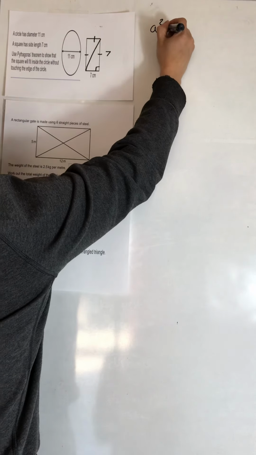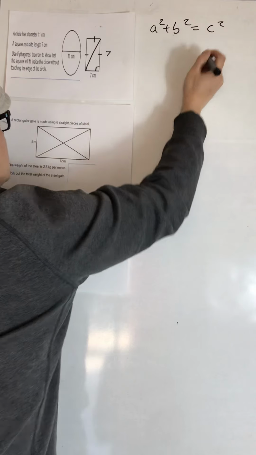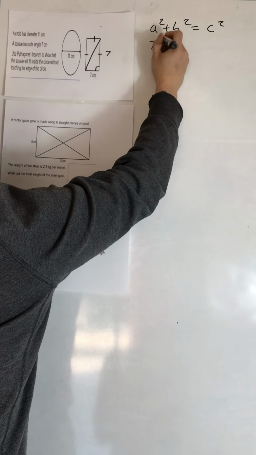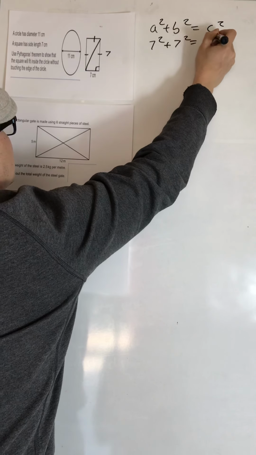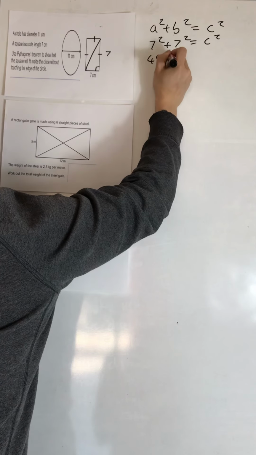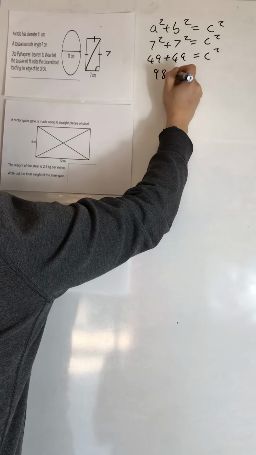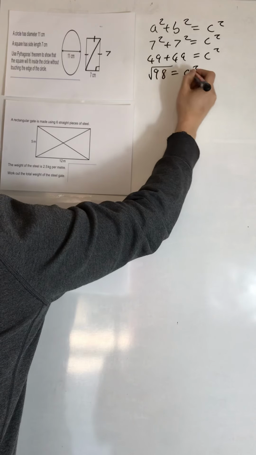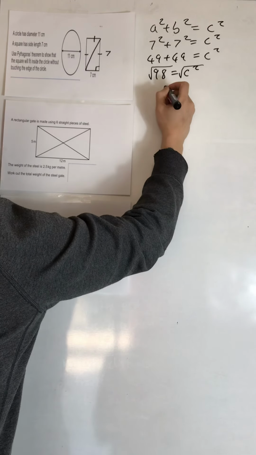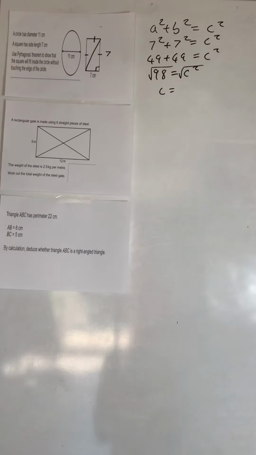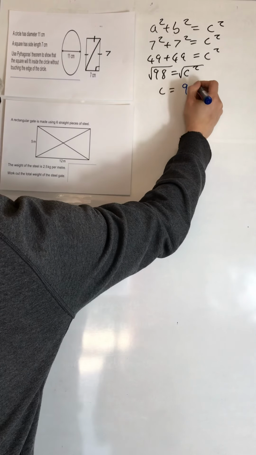So I'm using a squared plus b squared equals c squared for the square. We have 7 squared plus 7 squared equals c squared. That's going to be 49 plus 49 equals c squared, because we're finding the longest side. That's got to be 98 equals c squared. So we square root both sides. So c equals square root of 98. And I'm just going to do that on a calculator. That's 9.9 centimetres